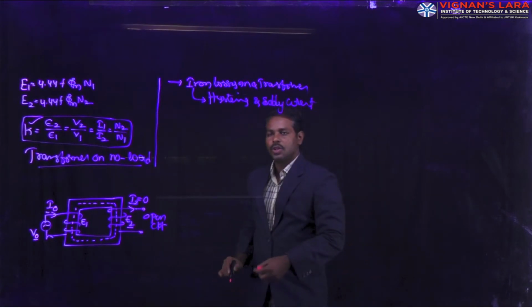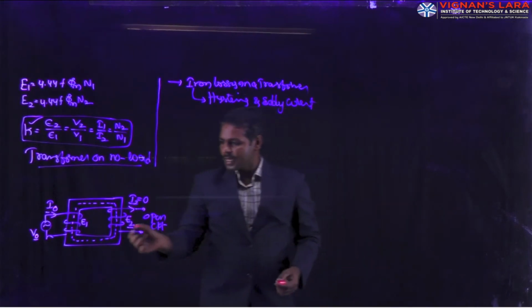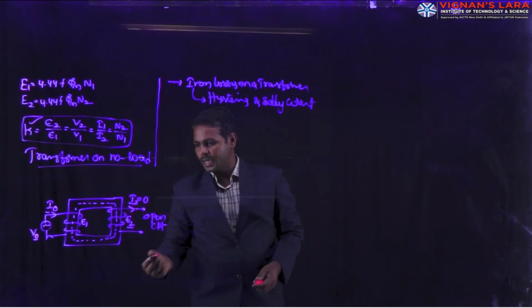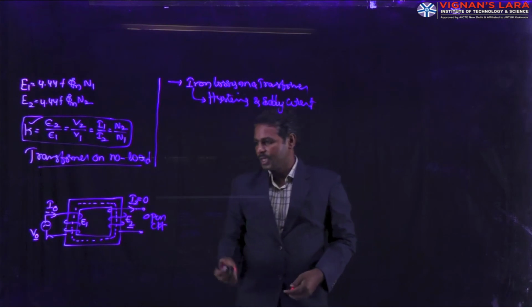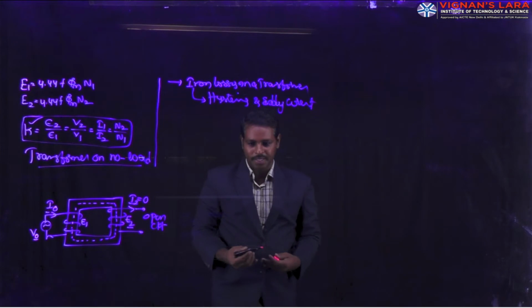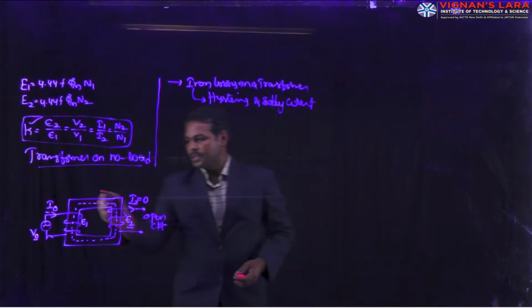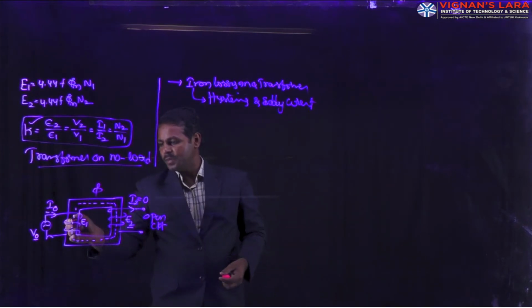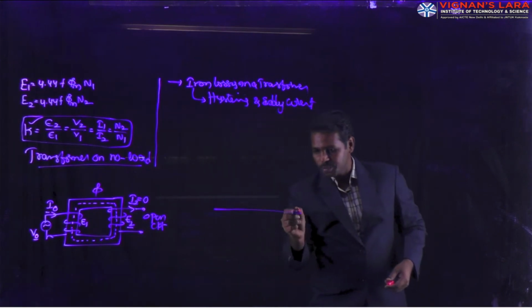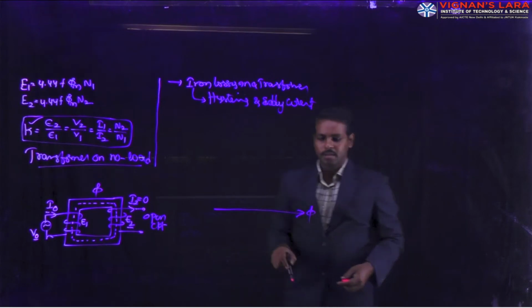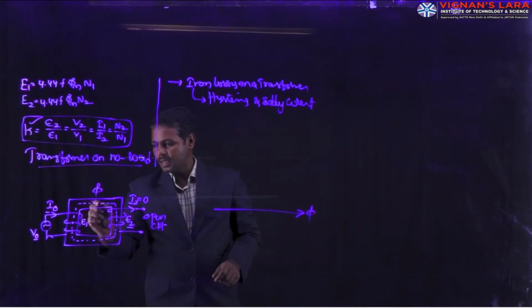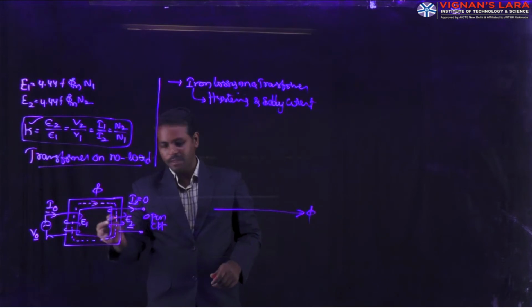So we can draw the phasor diagram for better understanding of the transformer operating on no load condition. In a phasor diagram, the common parameter is taken as the reference phasor. Flux is the common factor between primary and secondary, so flux is taken as the reference vector, because flux is the common factor of primary and secondary winding.